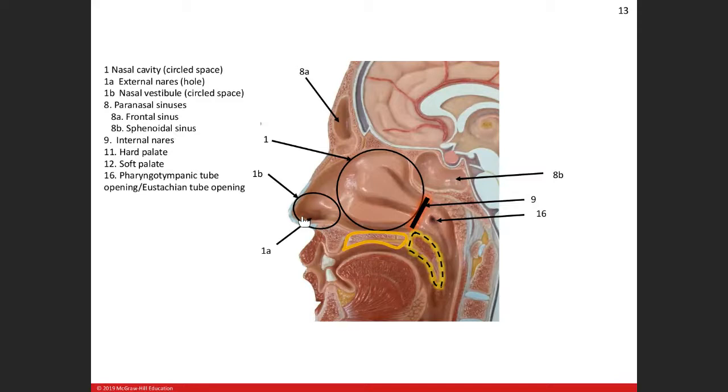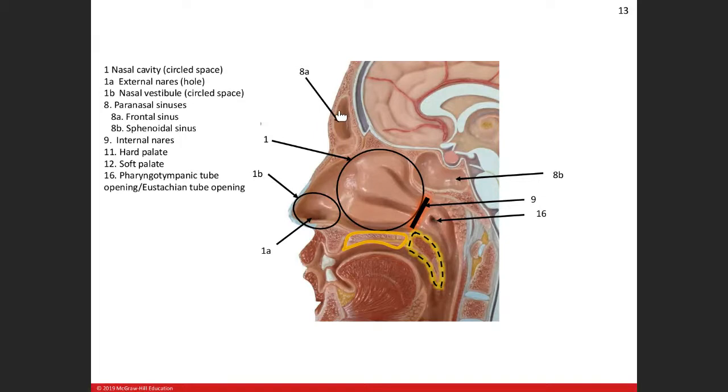That actual opening is called the external nare. That is your nostril. In the area immediately surrounding the external nare on the internal portion of your nose, that is the nasal vestibule, that cavity that holds the vibrissae, all those nose hairs,